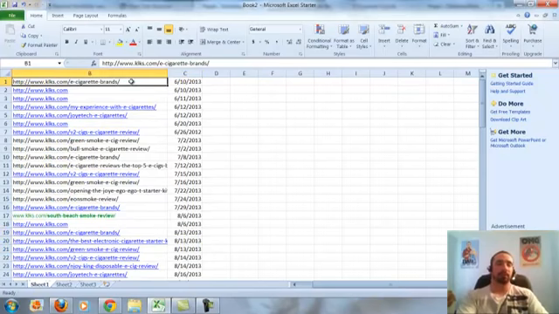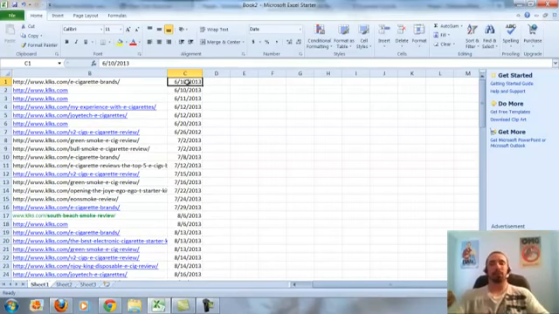So I started linking first to the e-cigarette brands page. I started that on 6/10, which is about 2 weeks after I started the site. So I started my backlinking about 2 weeks after. You can start your backlinking right away if you want, especially with an expired domain, but I like to play it safe. I like to wait a couple weeks.